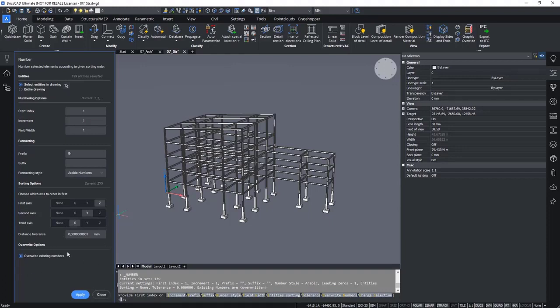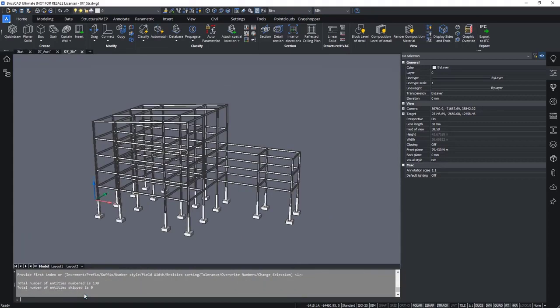Then we have the sub-option overwrite numbers, to either keep or overwrite the already filled in numbers. If none of the beams have a number at this moment, it really doesn't matter, but if you would already have numbers, this can matter. Then the first index can be left at 1, the increment can also be left at 1, and then as